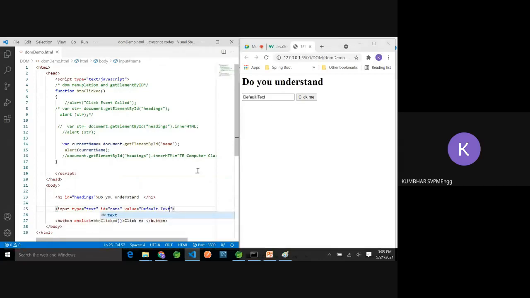Are you getting me how to set the value to the text box? That is the value attribute. I am writing default text, so that is coming here. Still I have not clicked anywhere. Do you understand this? Yes, sir. Those who are saying yes, good, they might have practiced unit number 1.